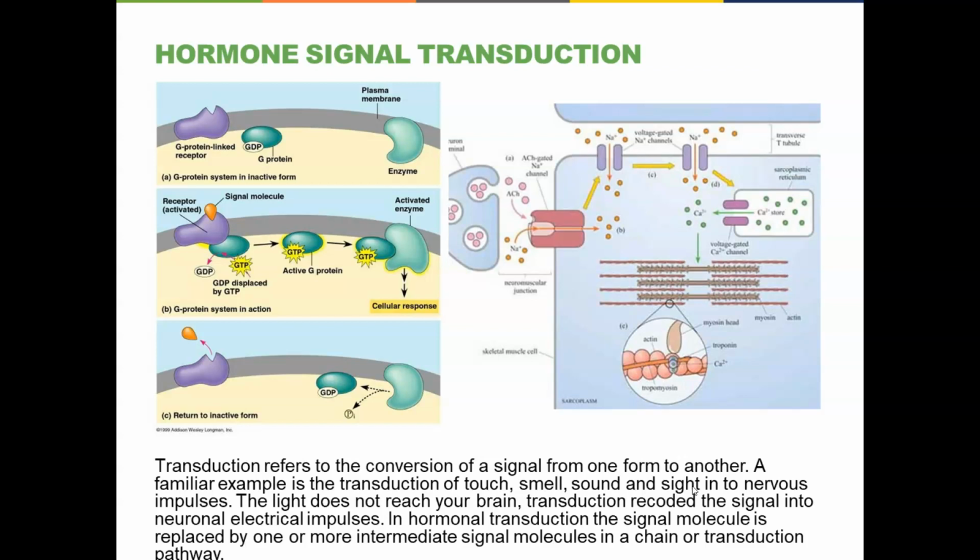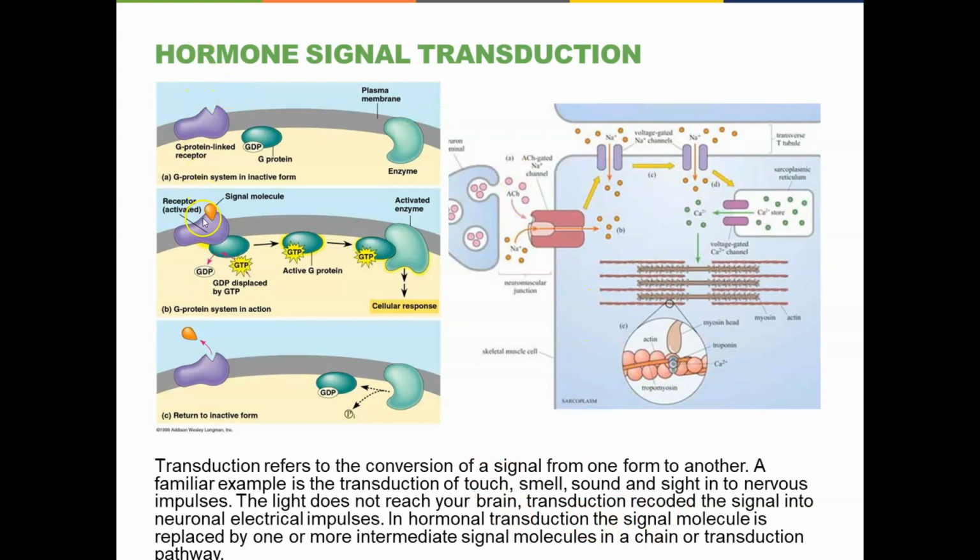In the case of neurons, all of those sensors, ultimately into an action potential running down a neuron back towards your central nervous system. It's not smell that's literally coming into your brain. It's action potentials from cells in your nasal epithelium. It's not light that's going into your brain from your eyes. It's electrical impulses. Anyway, all of those are examples of signal transduction. So hormones do the same thing.